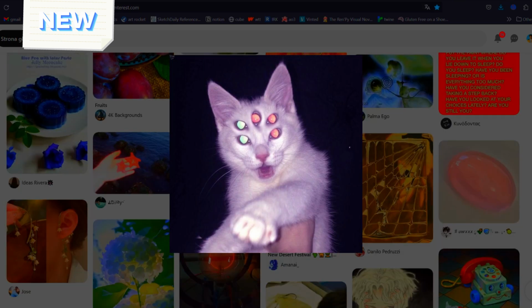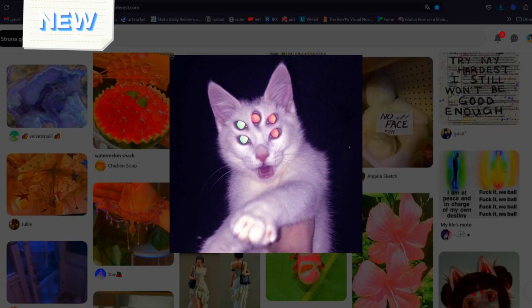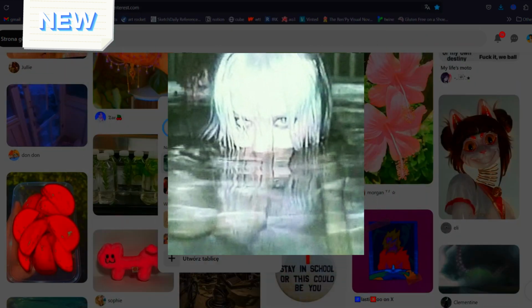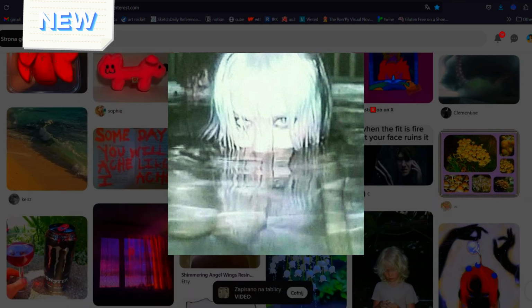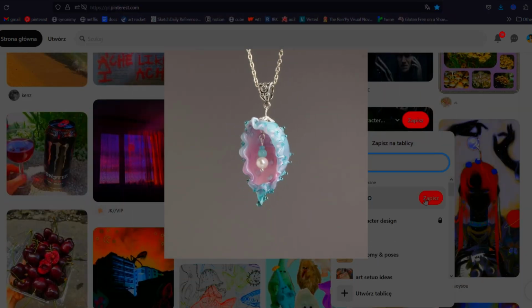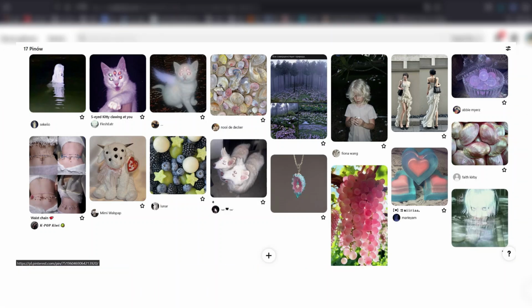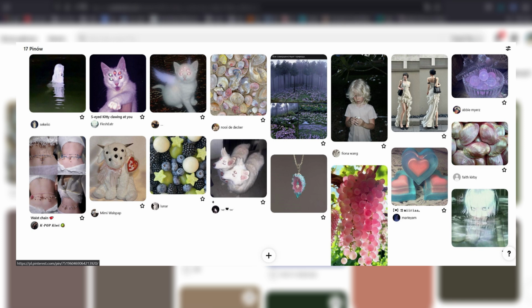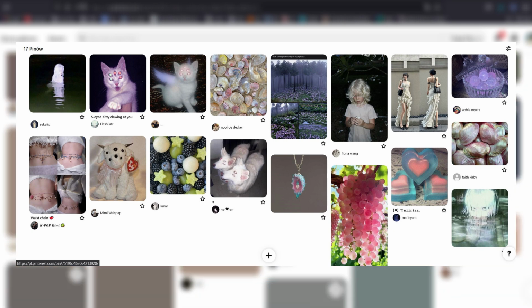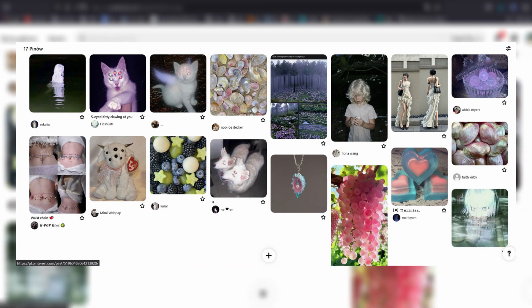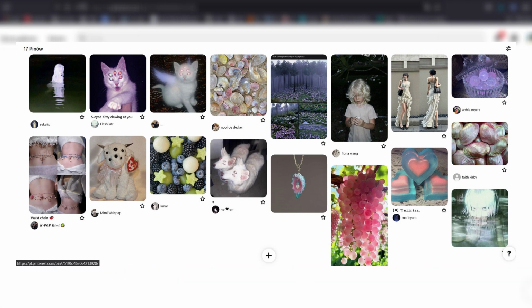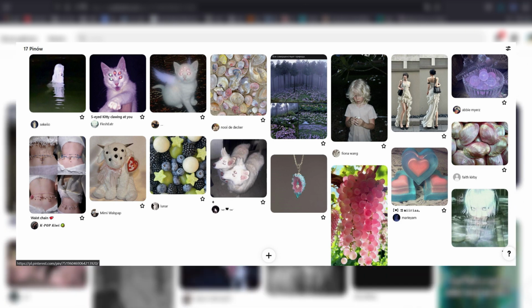I chose images that were striking in one way or another, that the moment I saw them, I was like, okay, I know where I want to take this character. I purposefully chose a bunch of different, somewhat unrelated photos that had different colors and different themes, so that I would have an actual challenge in making this character. I love dreamcore and weirdcore and other internet aesthetics like that. I knew that I had to incorporate that somehow into my design.